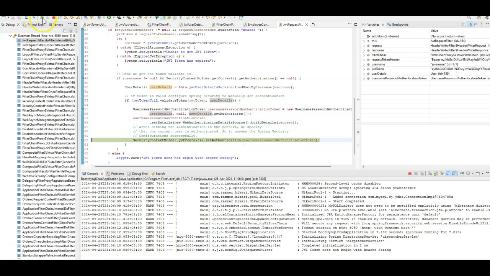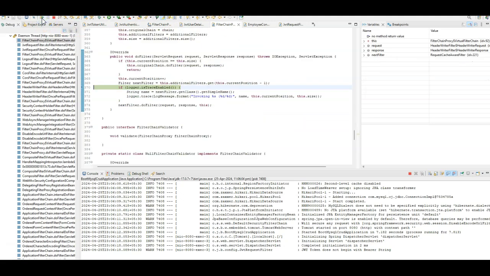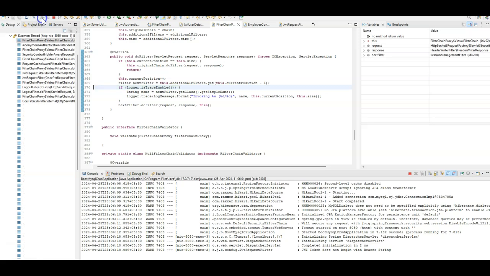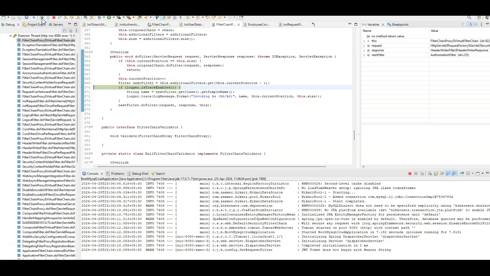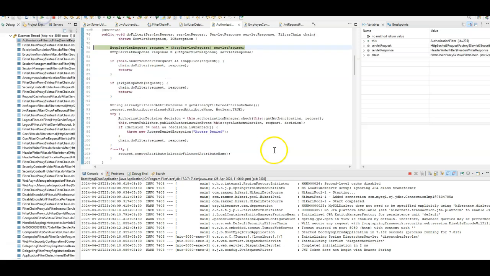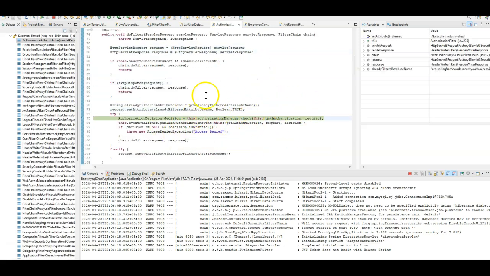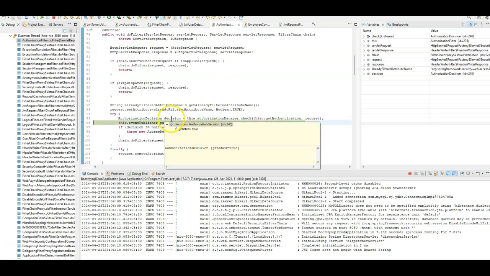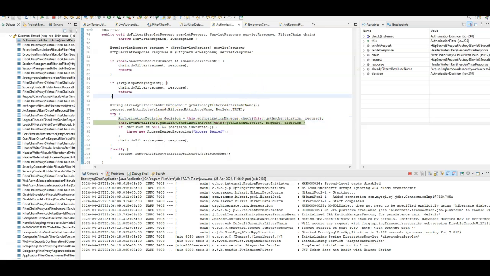If we now move forward, we are again in the filter chain proxy. Next we'll go in the authorization filter. So now the authorization filter gets called. Now the authorization filter, since this request has already been authorized, this decision will be true. So here granted is true. So if we now move forward,